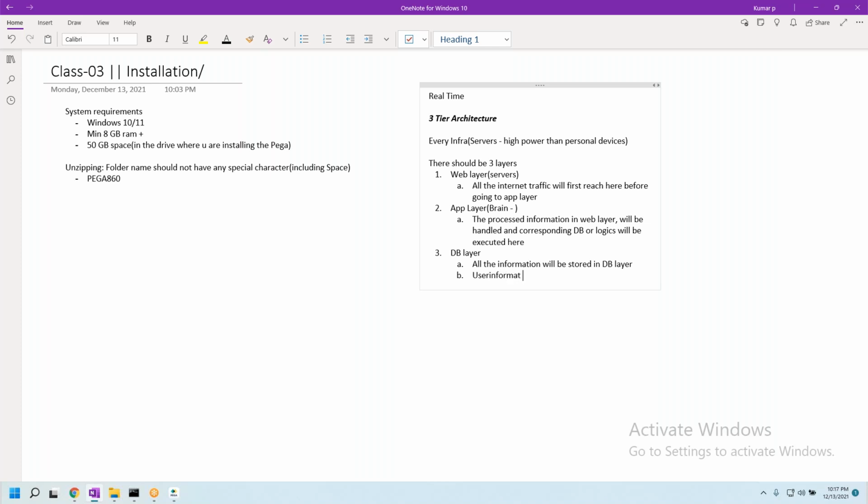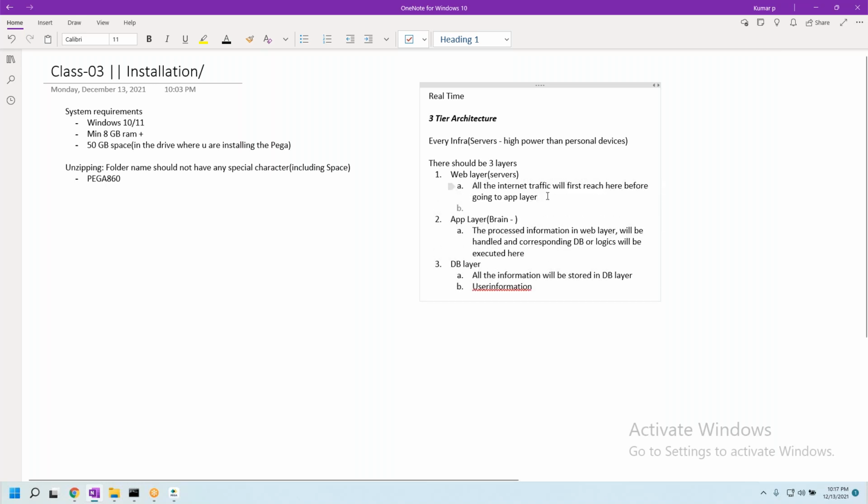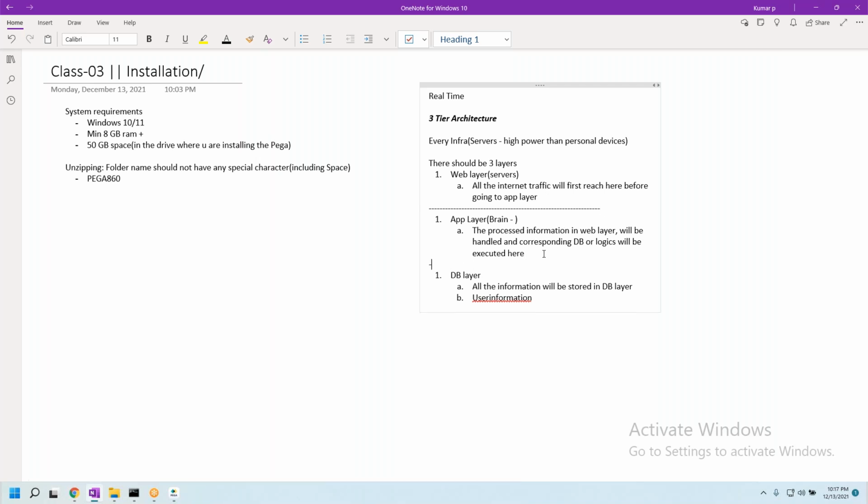If it is Gmail, your Gmail ID, your password, your emails, everything will be stored in the DB layer. Okay, so even though all of them look the same, they have a very minute difference and a clear-cut segregation of what each layer has to do.